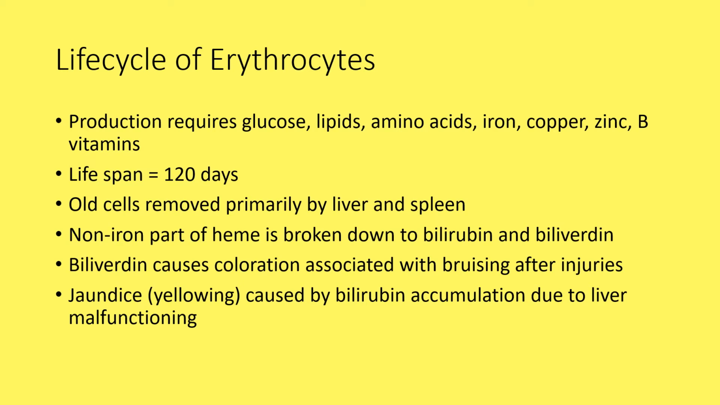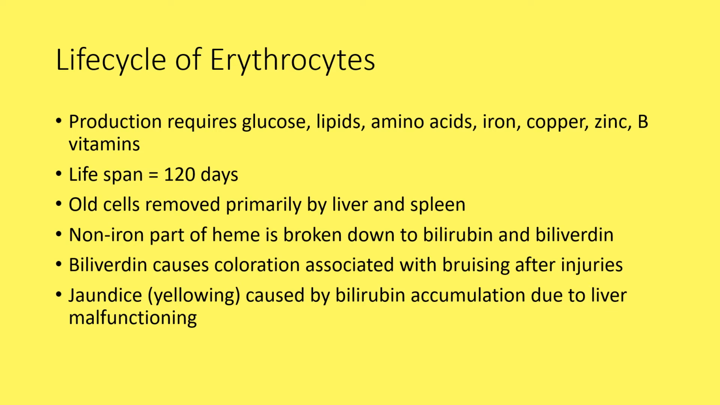So in terms of the life cycle, the production of erythrocytes, it's going to require glucose, lipids, amino acids, iron, copper, zinc, and B vitamins. Its lifespan is about 120 days. Old cells are going to be usually removed by the liver and the spleen. They'll be broken down, reuse what it can. The non-iron part of that heme is broken down to bilirubin and biliverdin. Biliverdin, that's what causes